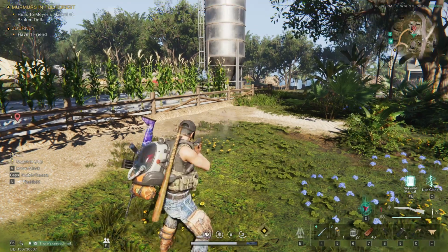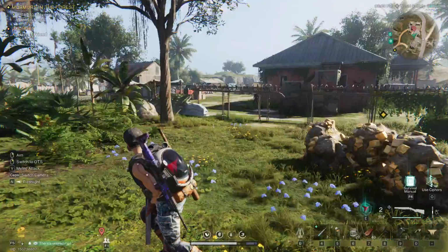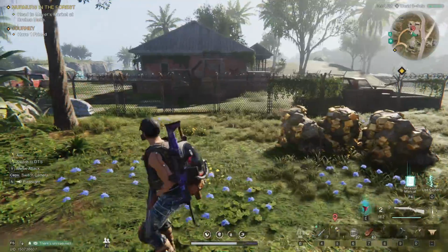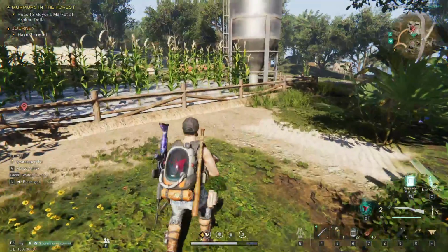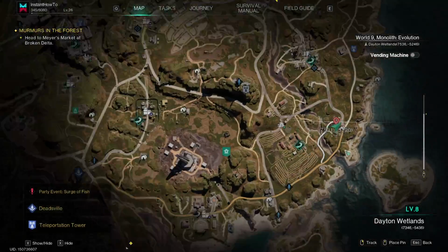In this video, I'm going to show you how to find corn in Once Human. So the best area early in the game to find the corn is over here where I'm standing right now. If I show you on the map, as you can see, there's this big farm in Dayton Wetlands, and to